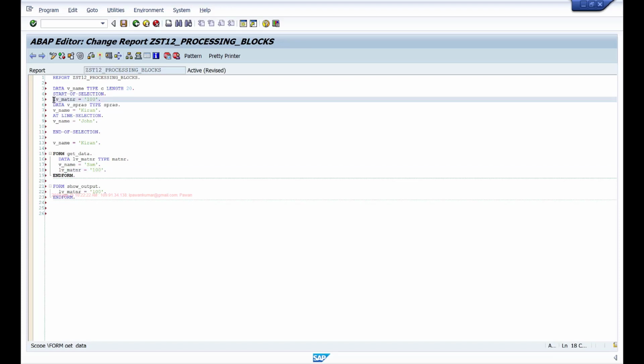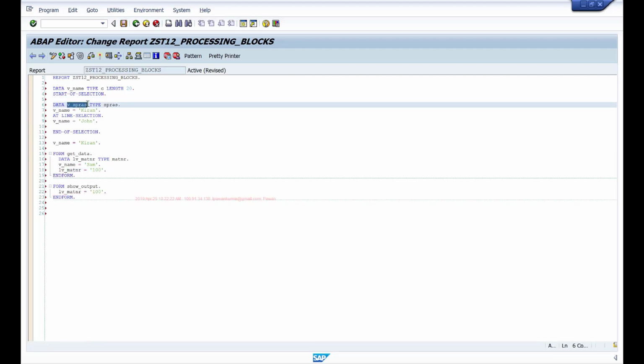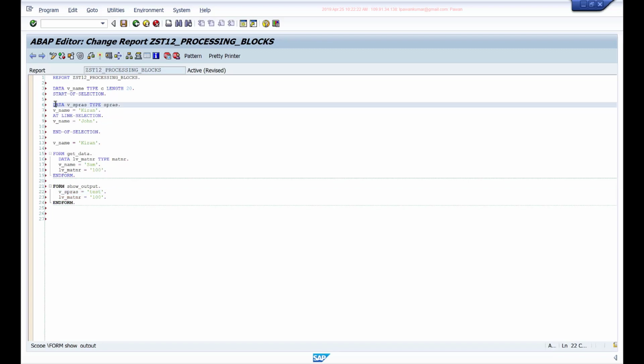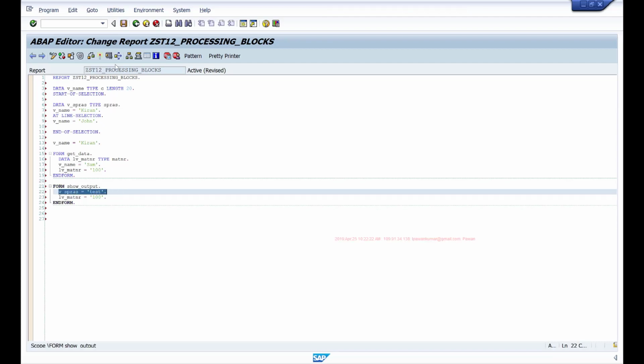However, if you define something within an event block, like vSpras which I have defined under startup selection, since events do not have any local data area, the system will consider this to be a global data object. So even though I defined it under startup selection, it will still be global, and I can access it from any other processing block. I can say vSpras equals something.